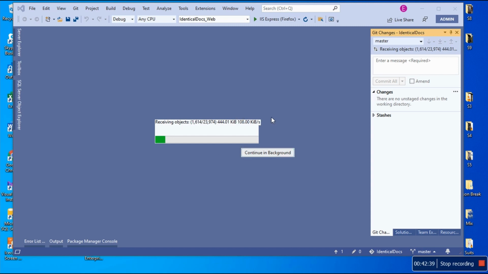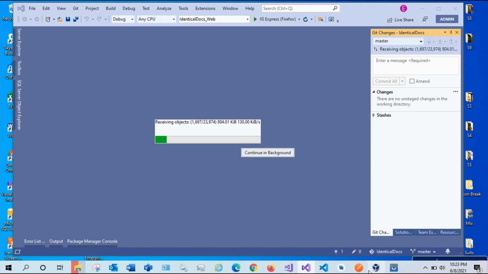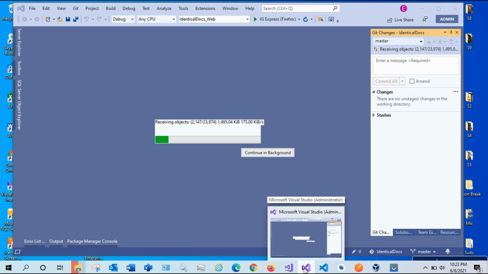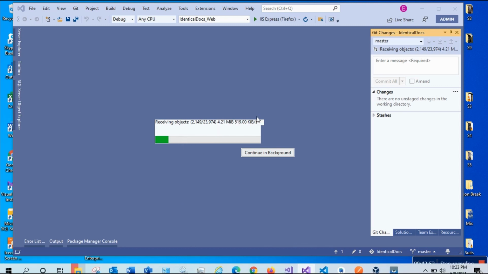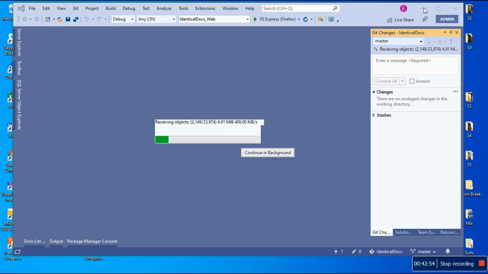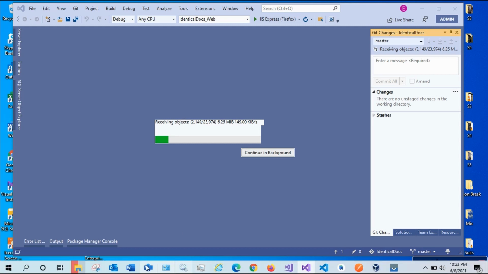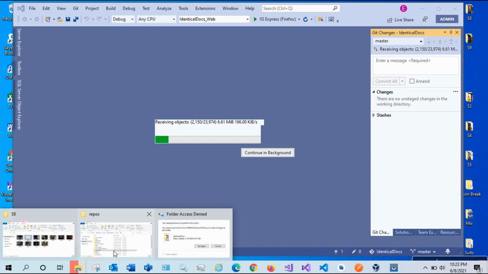Continue background. Okay, why is this thing showing this weird? In the world of being a software developer, this stuff is weird. But this shows that the URL is correct to clone. I don't know why it's showing this. Okay. Now, why